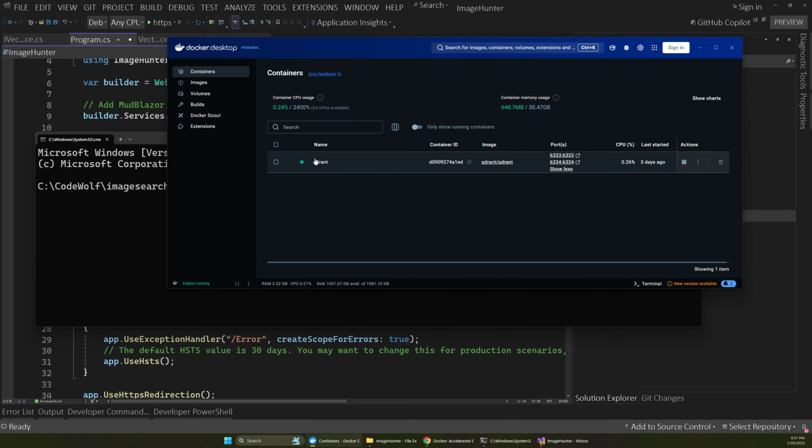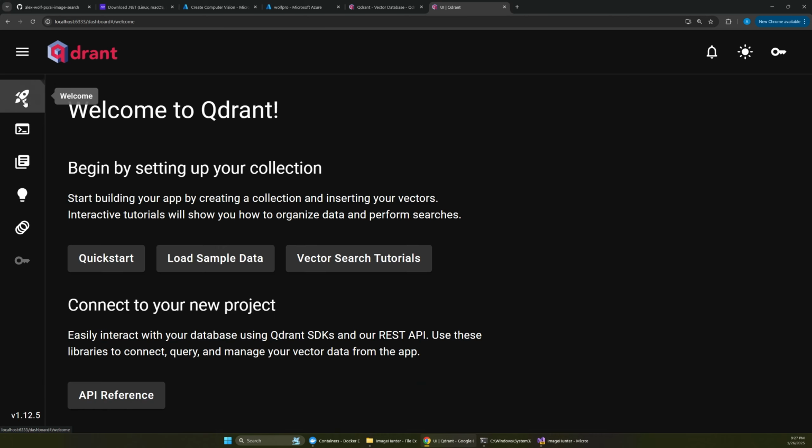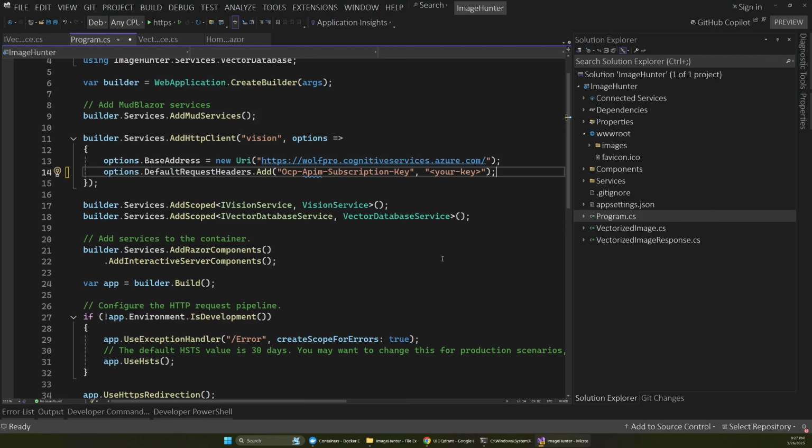And once that's running, you can verify in Docker Desktop that that is running. And if we visit this localhost 6333/dashboard, that'll take you to the dashboard for Qdrant, and then you'll be able to see that it's running. So once this is up and running, you'll be good to go as long as you've plugged in your keys and your endpoint for your Azure service. The localhost Qdrant URL is already added to the app, so you don't have to worry about adding that one